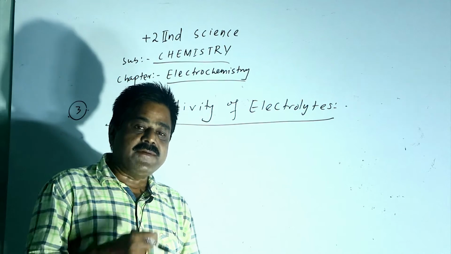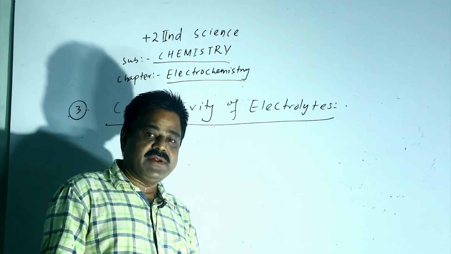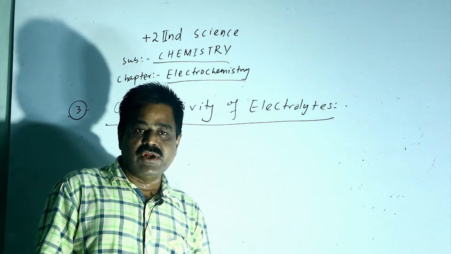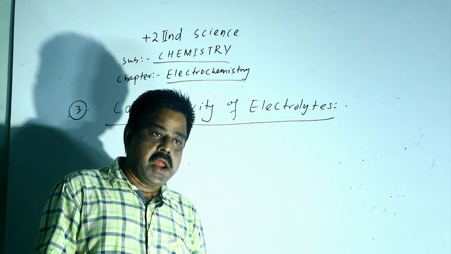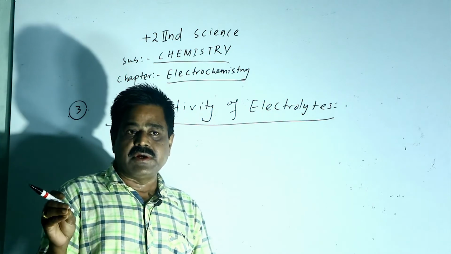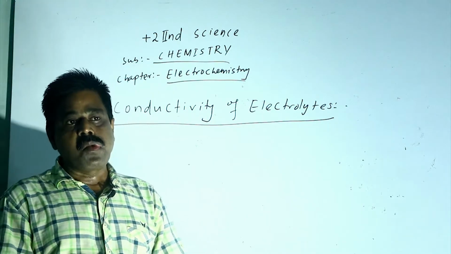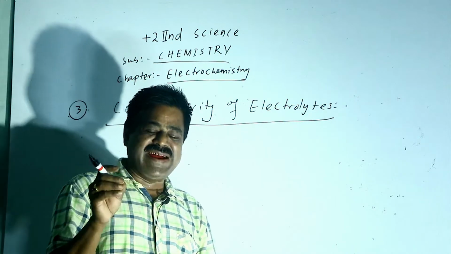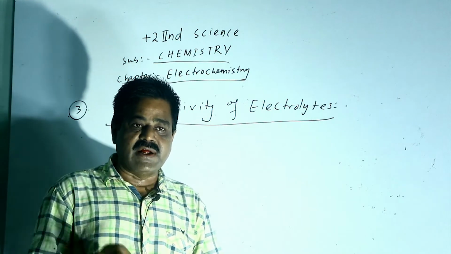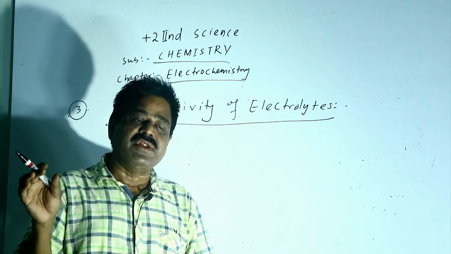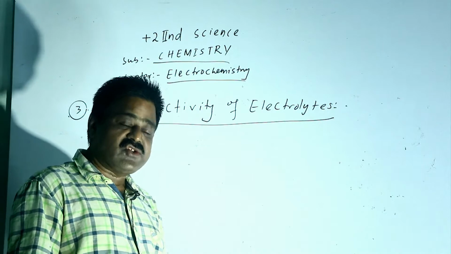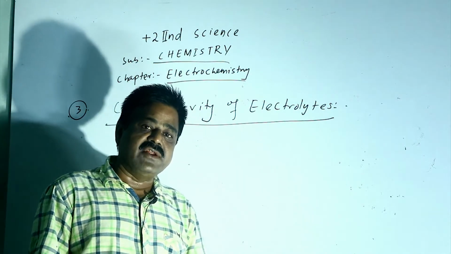Let us start our topic, that is electrochemistry. On that basis, we have discussed what is electrolyte, non-electrolyte, and electrolysis, etc. And some terms about the conductivity character of this electrolytic solution. I will discuss the terms like conductance, specific conductance, equivalent conductance, and the relation between them. Today our matter of discussion is the conductance, specific conductance, equivalent conductance, and the relationship.